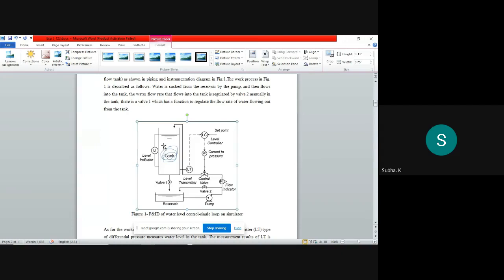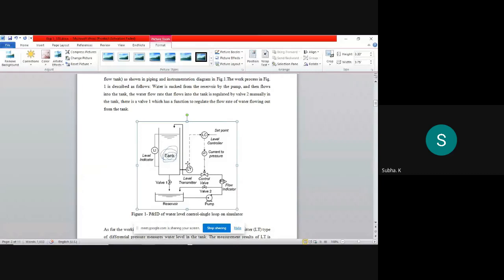And then from the tank, the water will be let out via another valve that is also manually controlled. By gravity, this water flows out. So we need to control the level of the water inside the tank. In order to do that, we are designing a control system. This whole portion that I am circling will be your control system.